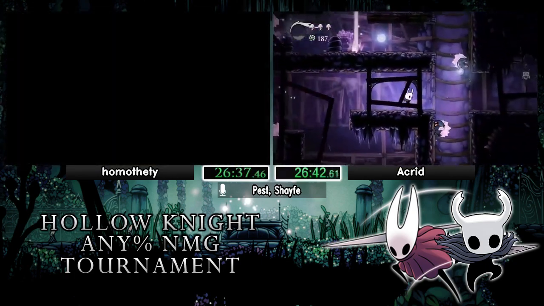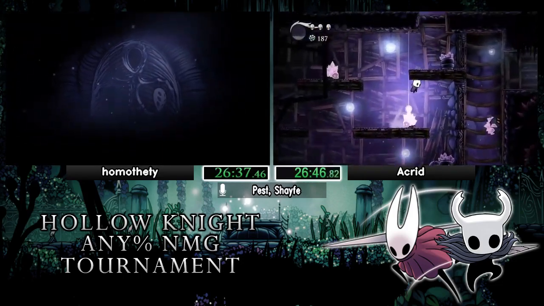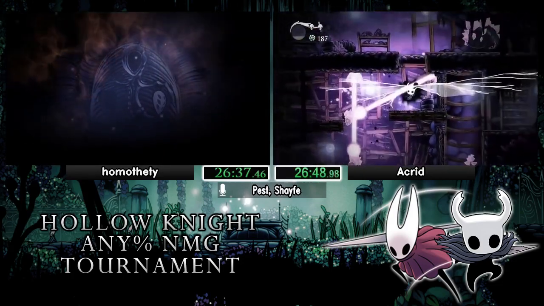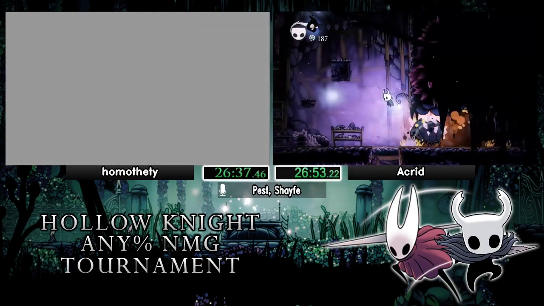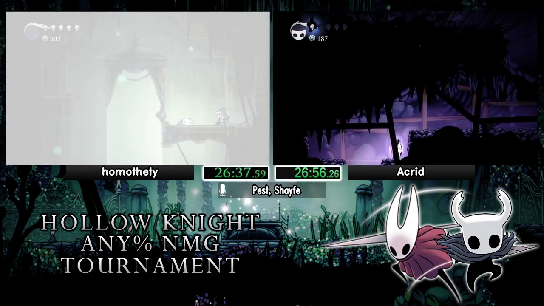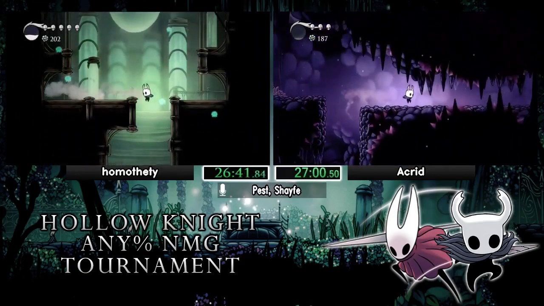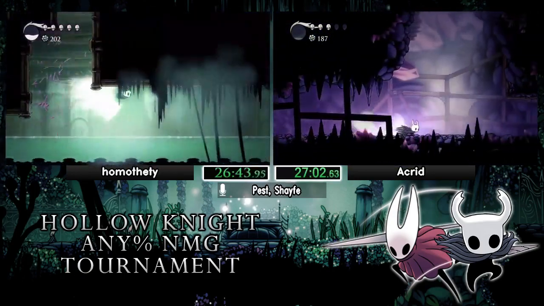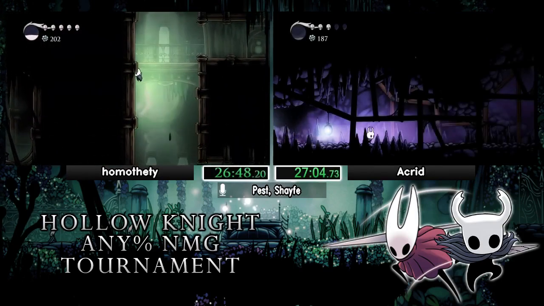Yeah, Acrid. I don't know the cycle for this room after that. That's okay. Just taking some damage. That was almost a good fix, and then it wasn't. All right, but Acrid's probably going to heal up here because of the damage tank in the Crystal Heart room. There is a way to do that without tanking the damage, but I don't know it, and a lot of people don't know it because...